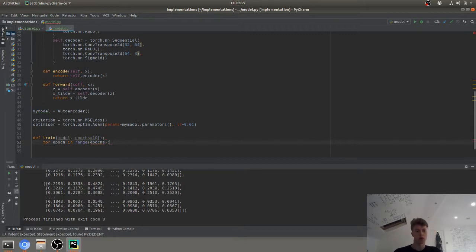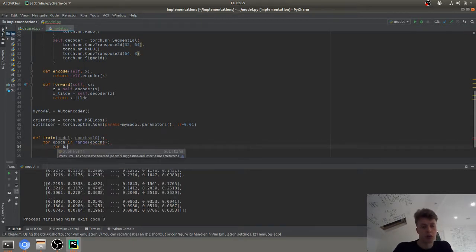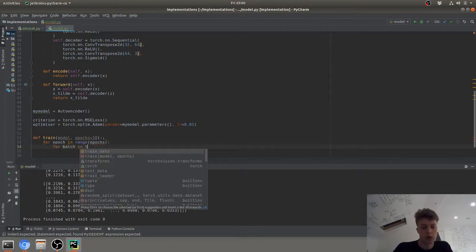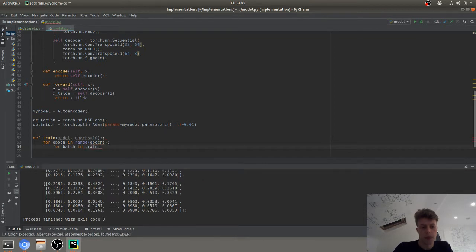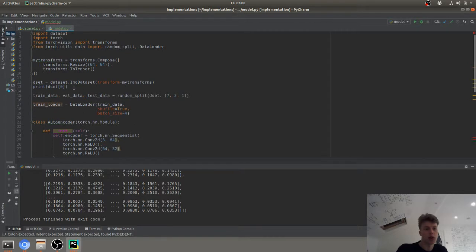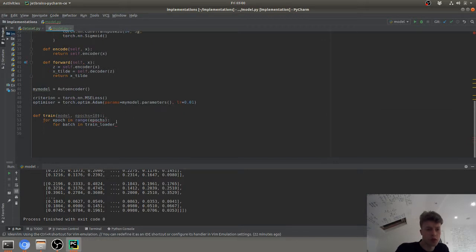So for epoch in range epochs, for batch in the training loader. Remember, our training loader is this data loader, which returns us objects in batches of 4. That's the batch size we defined. So for each of those objects,